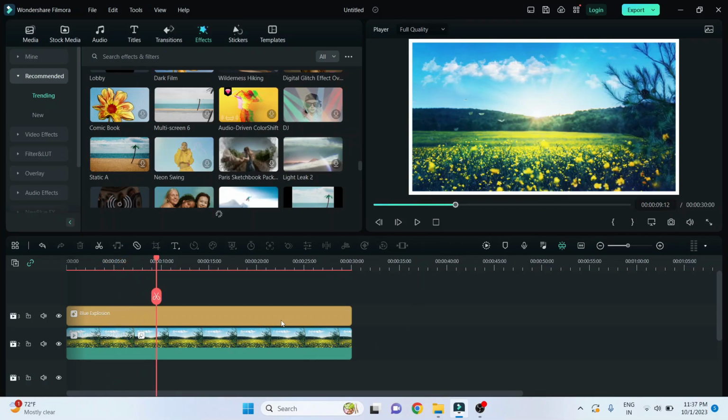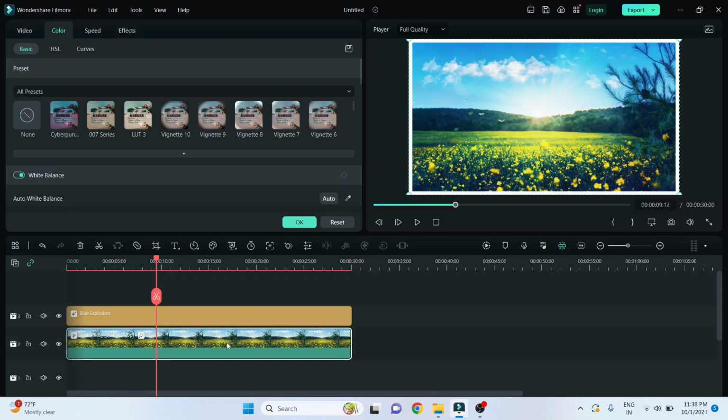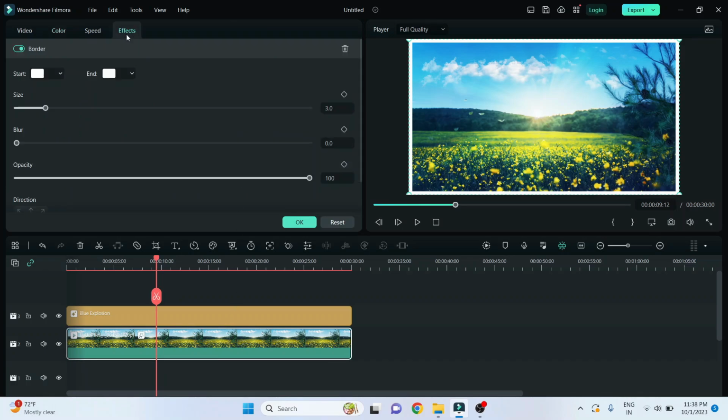Now guys, I have showed you how you can reduce the opacity, and how you can see the settings. You can double click here. But firstly I have showed you to drag that effect to the video. So to change that effect you have to simply double click here, and after that here you see, here it is the effects option. If you click on it, so from here also you can do it.